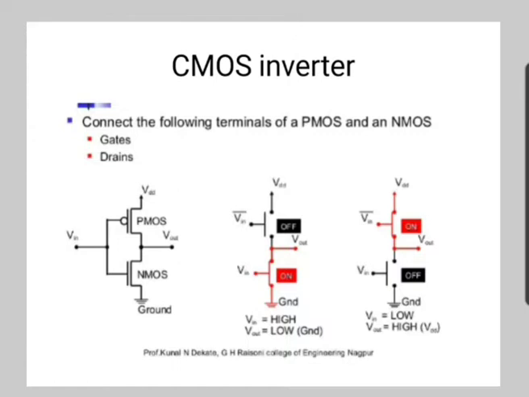The main advantages of CMOS are low power dissipation, ideal voltage level for logic high output and logic low output, and third, sharp transition between the states, which increases the noise margin. There are three main advantages of the CMOS inverter: low power dissipation, ideal voltage levels for logic high and logic low output, and sharp transition between the states, which increases the noise margin.